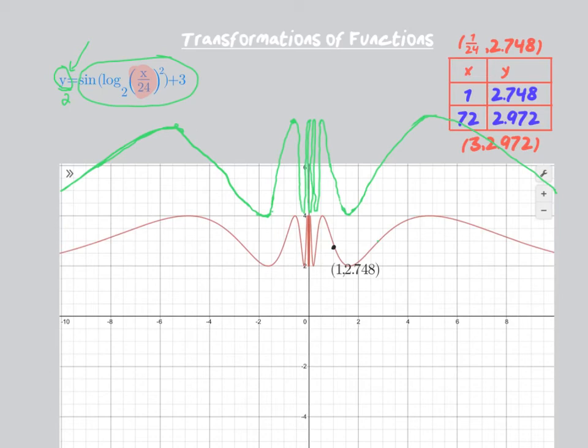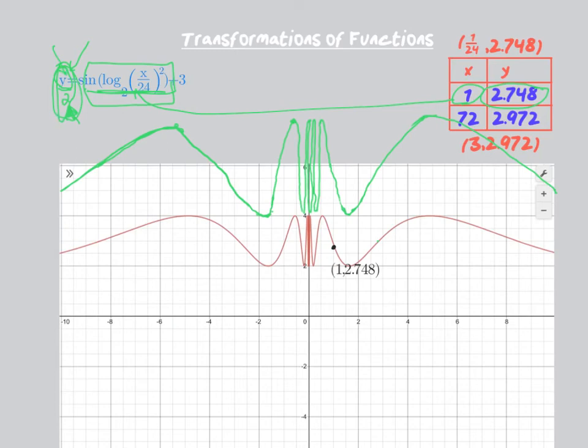For instance, if I originally put in x equals 1, I know that my answer is going to be 2.748 on this side. Okay? And that's going to equal whatever's on the right side. Well, if I don't want my y to equal 2.748, if I want it to be twice as much, then I need this left side to be y divided by 2. Because that way, y being twice as much divided by 2 will still satisfy the 2.748. So the fact that we're dividing y by 2 is allowing y to be twice as big and still satisfy